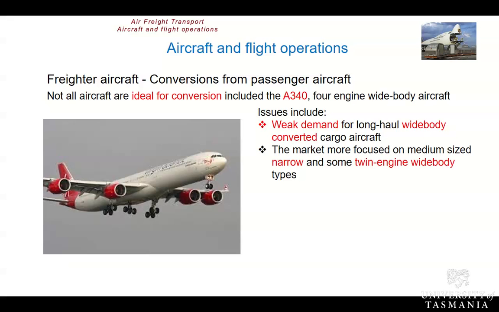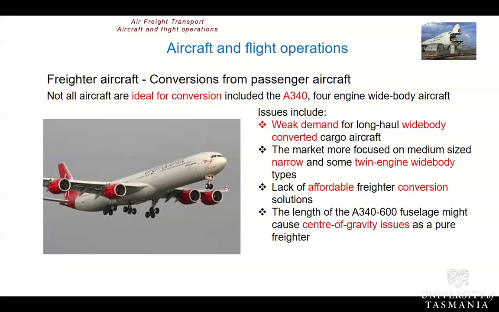At this particular point in time, the market was more focused, as it is now, on medium-sized narrow and medium-sized twin-engine wide-body types. So what this meant was that the engineering companies that undertake the conversion couldn't come up with an economical solution to provide an affordable conversion program for